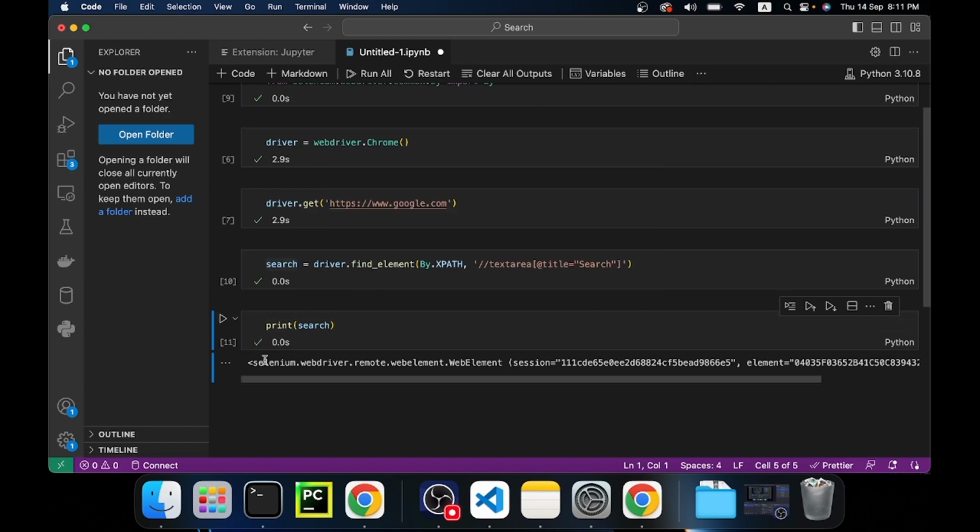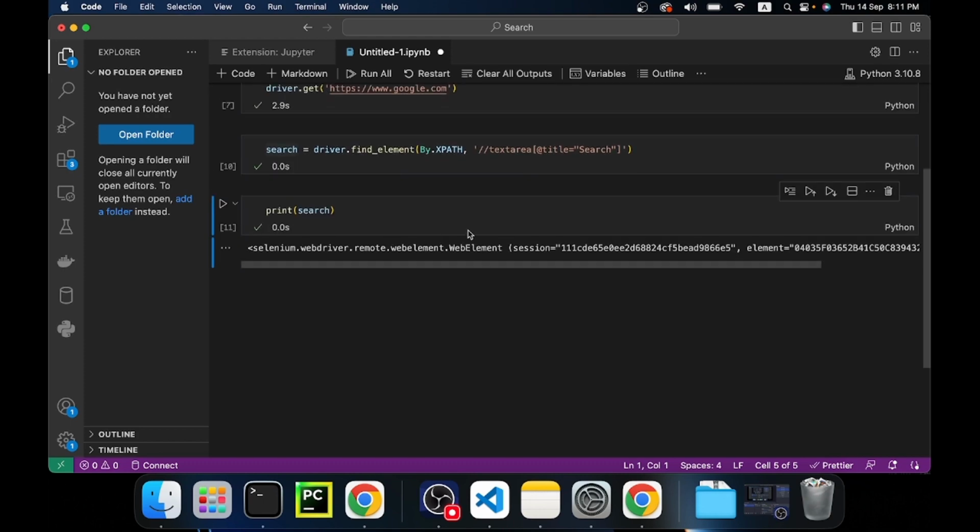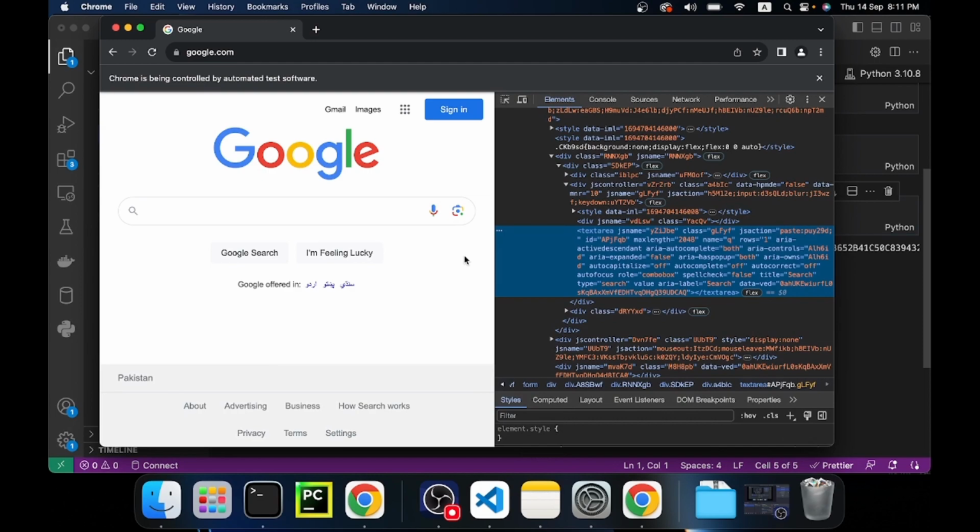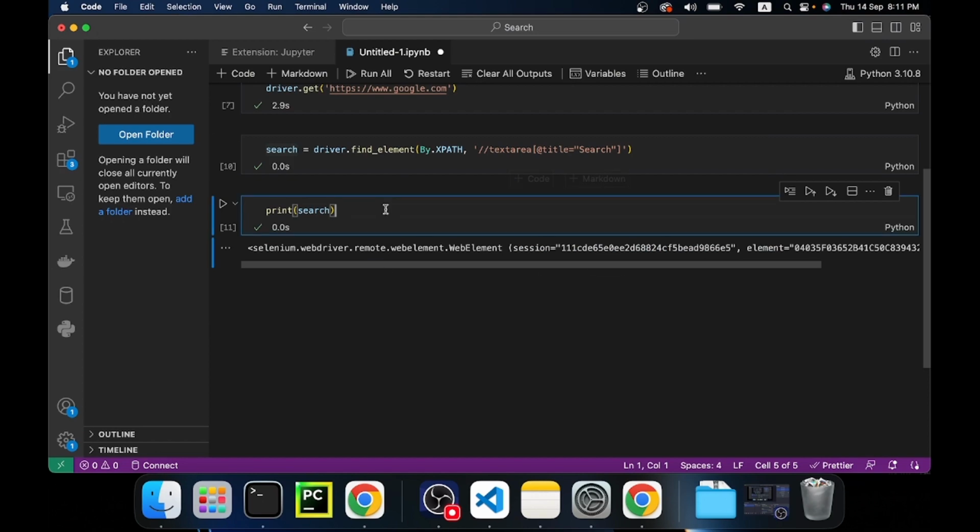Let's run this. Okay, as you see here, we have this web element object of Selenium, which means that we have our input area. Now what we need to do is send some keys and values to this area to insert